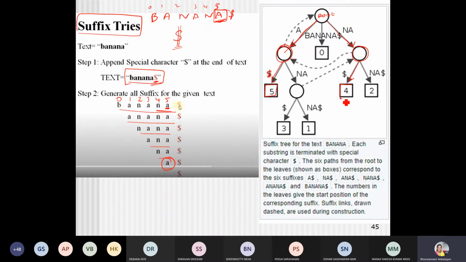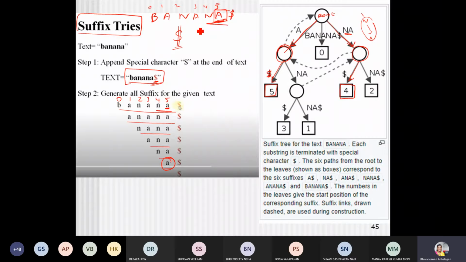NA, this is going to be the end. For NA itself we build a node. This is actually a compressed one. There will be N and after that A, so it has been combined as NA. Don't get confused over here. This is for 4.